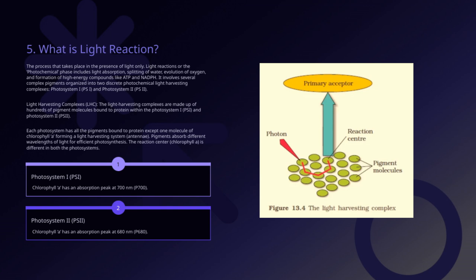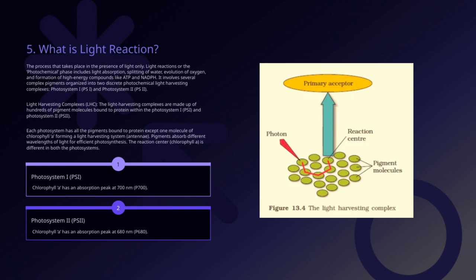Surrounding these reaction centers are light harvesting complexes, or LHCs, made up of hundreds of pigment molecules attached to proteins. These complexes are designed to capture light across a broad spectrum and funnel that energy efficiently to the reaction centers. Now, this entire process takes place only in the presence of light and is often called the light reactions